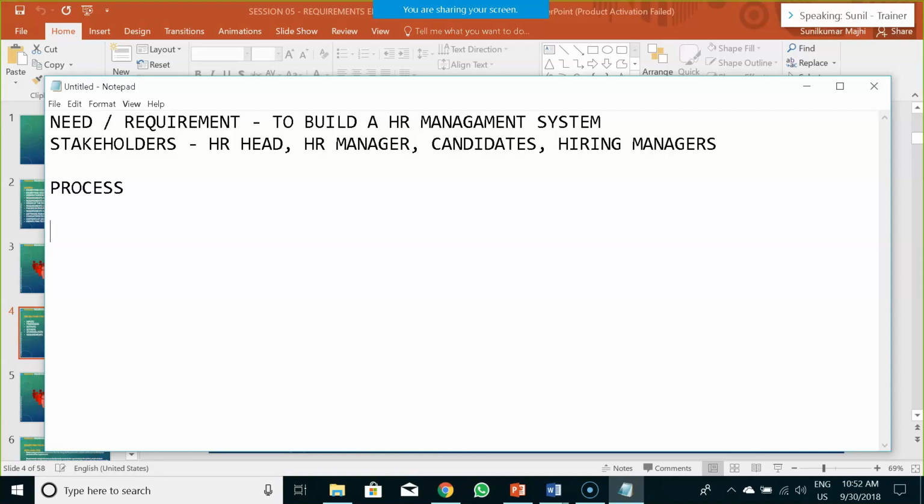Now if we consider a process, we would first start with obtaining requirements from the hiring manager. Now the HR, or I would say, get requirements from the hiring manager. Now the hiring manager says that okay, in my particular project I would be needing 2 candidates for Informatica. So that is the requirement your hiring manager gave to your HR. Now after taking that particular requirement, what's the next process according to you?